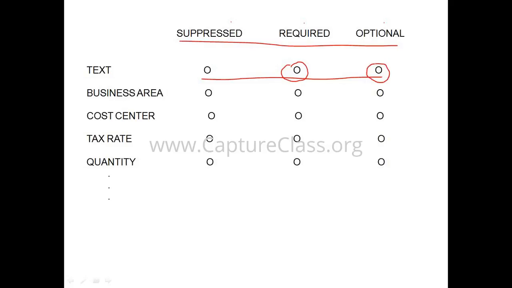All these three statuses are available for every field, and these statuses are in the form of radio buttons. What is that radio button? I will show you. The uniqueness of the radio button is you can select only one option. You cannot select all three statuses. Suppose if you select suppressed status for the text field, required status and optional status are deselected. If you select required status for the text field, then suppressed and optional become deactivated. If you select optional, suppressed and required will be deactivated. That is the uniqueness of